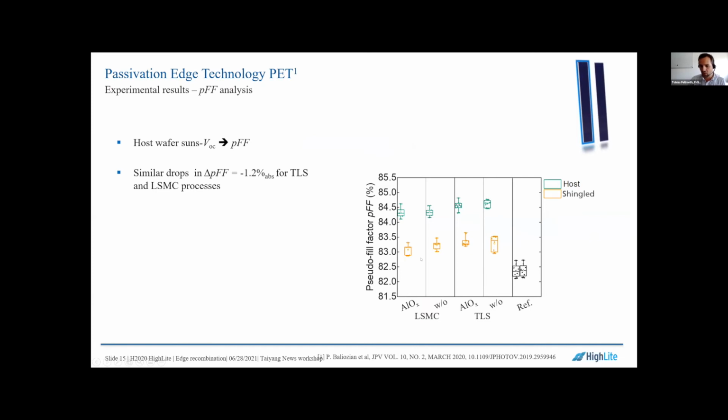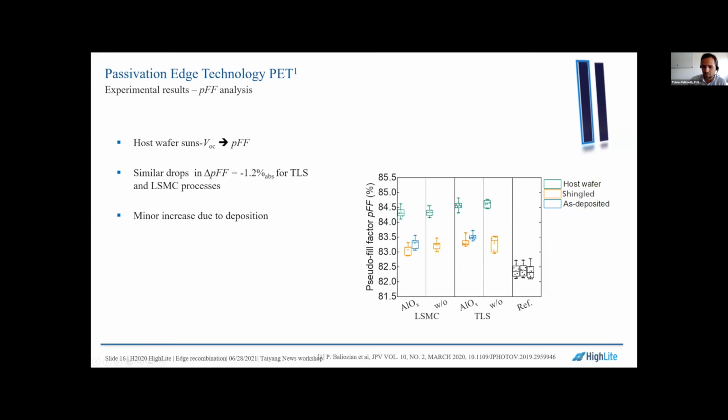So basically all wafers, or then shingle cells, drop. You have here the LSMC cells, the TLS cells, and aluminum oxide passivated and without passivation, and basically everything drops quite similarly. However, then we start to deposit aluminum oxide,